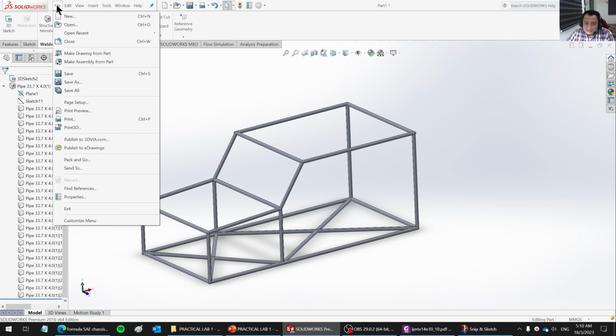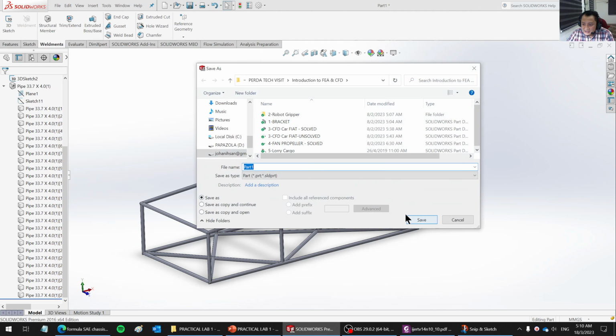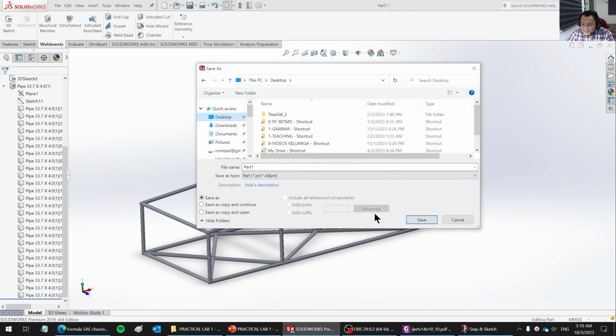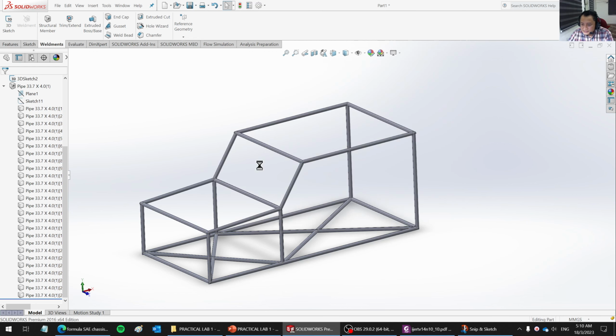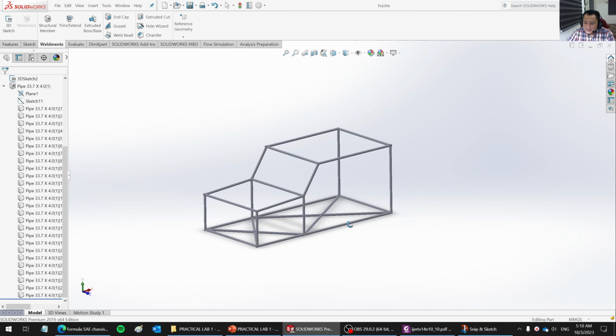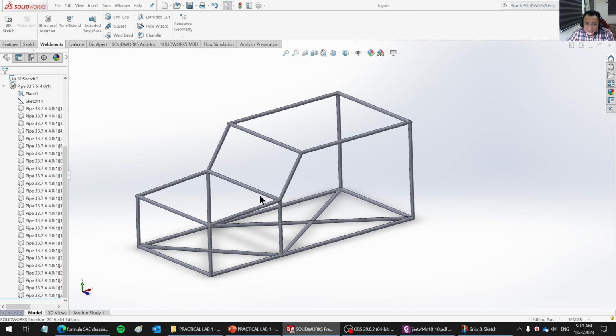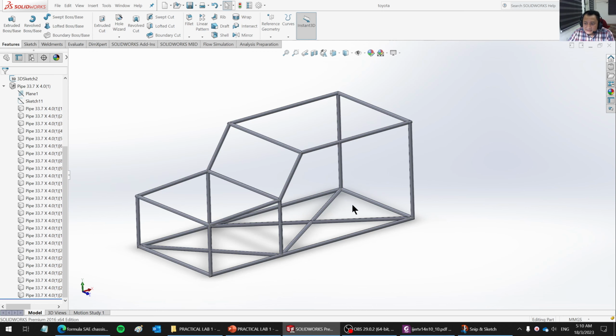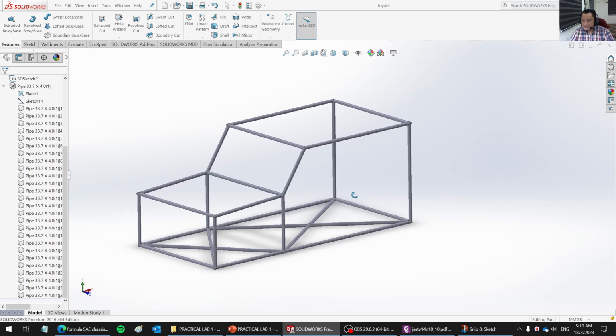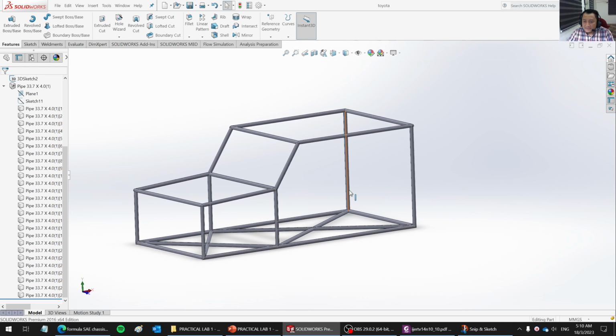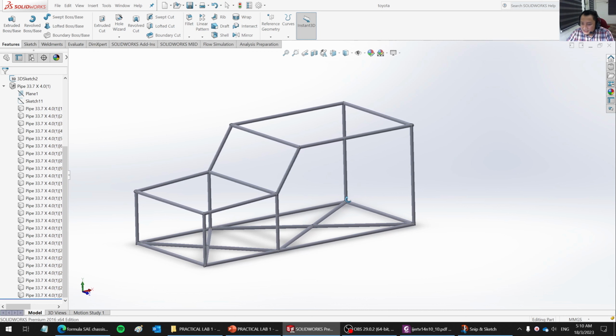So I should probably save my file here. Desktop, Toyota. So another additional item that you can do is, for example, so this is your thing. This is your vehicle. So let's move on and continue and